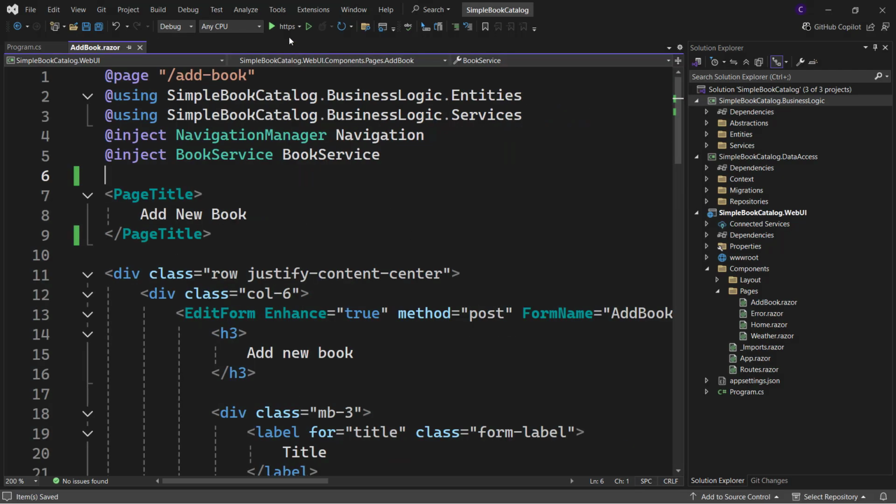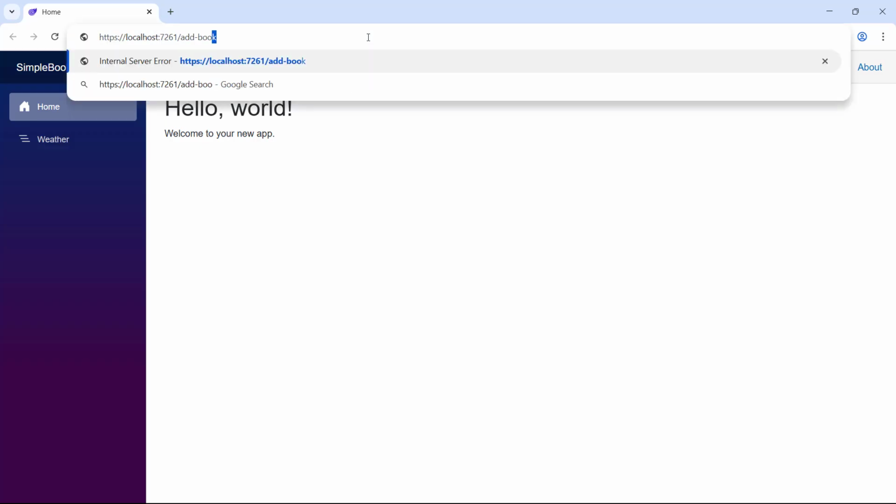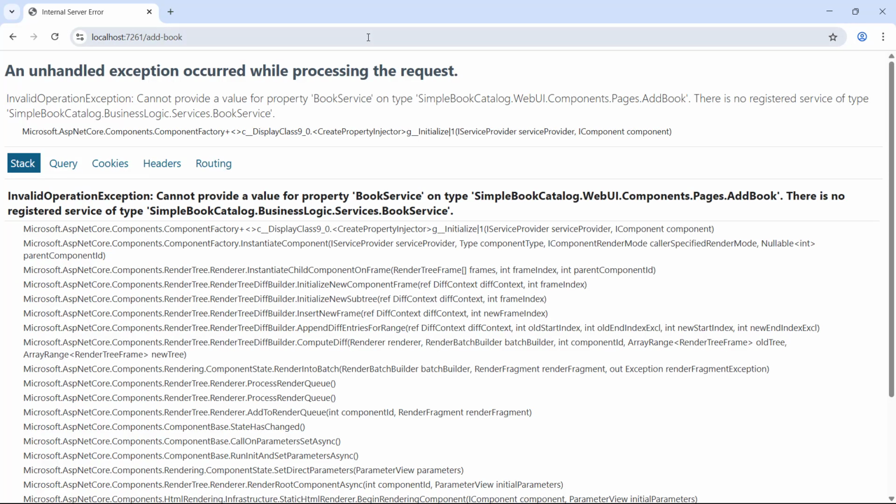Now, if we run the application in this state and navigate to /add-book, we will get a runtime exception, specifically an invalid operation exception, stating cannot provide a value for property bookService on type addbook. There is no registered service type bookService. This exception is occurring because